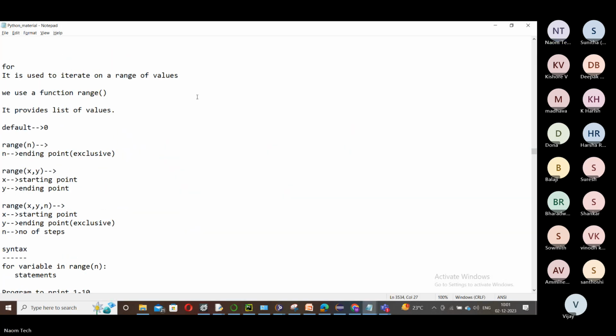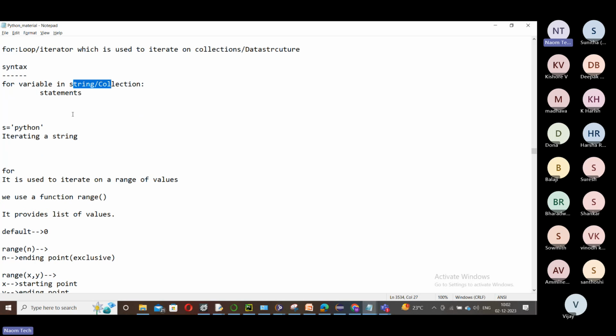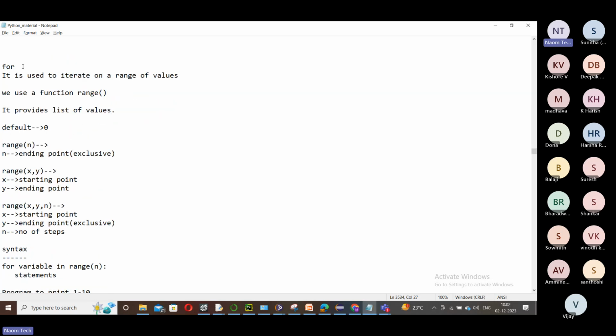What is the next one now? Let's jump to the other concepts of for here. We just had a quick idea: what is for, what is the syntax of for, and we got a very clear understanding of how this for works in Python with a simple string example. Okay. Now next one. We don't have any idea about any collections or data structures yet. But still, if you want to play with data structures, then one good option at this stage is using the range method. What method? Using the range method.